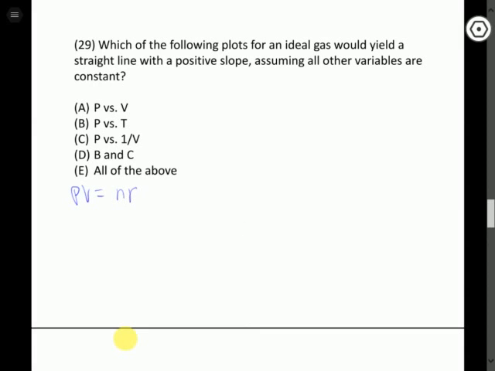So we start with PV equals nRT, and then we're going to separate the two variables we're interested in. We're going to call one of them y, the other x. Usually when we say P versus V,